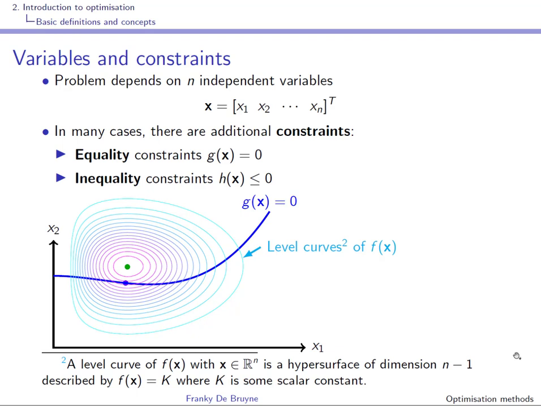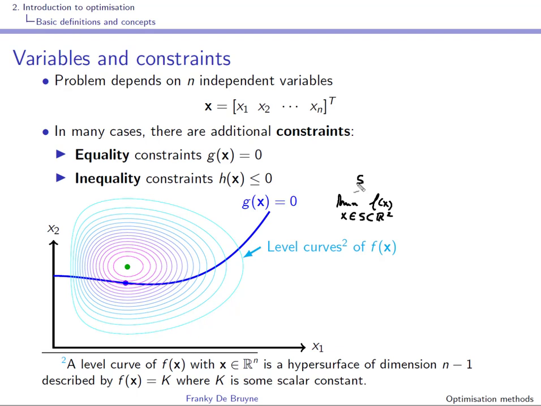Here we're working in R square, so n is equal to 2, so g of x will produce a curved line. So for this equality constrained problem, we are looking for the minimum of f of x, where x is in the feasible region S, included in this case in R square,